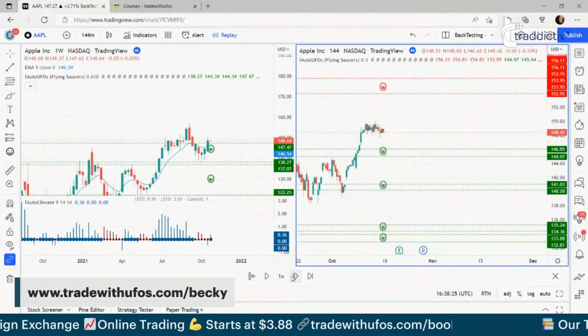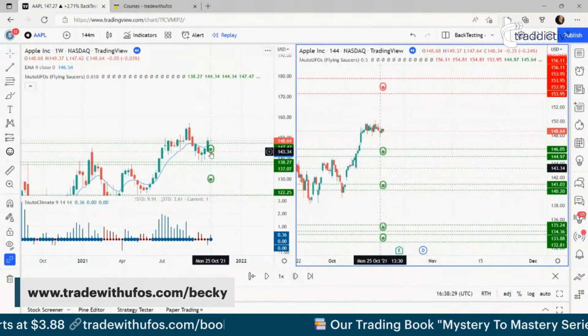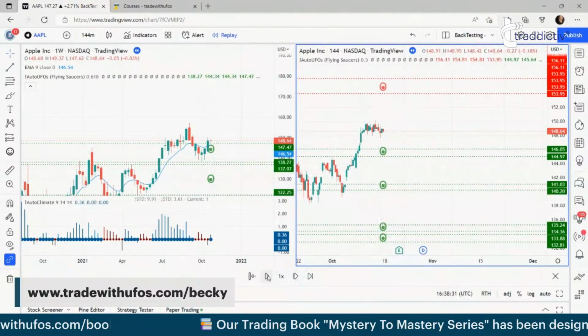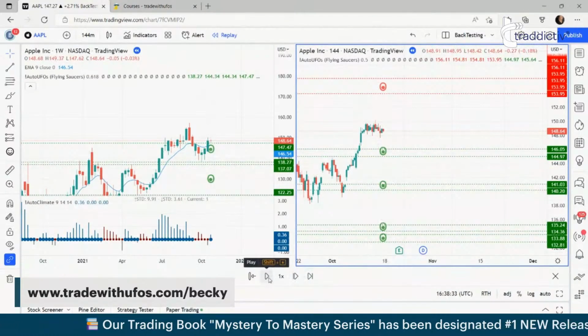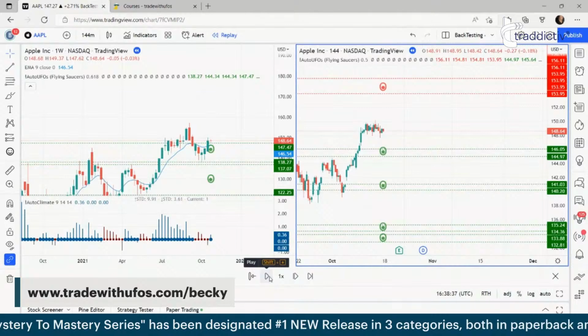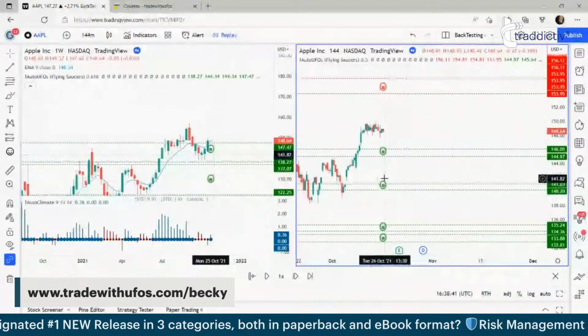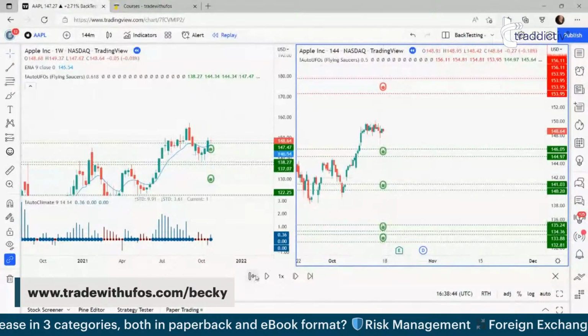So I can keep doing that, and I want to find Monday the 25th. So I'm here now. Or what I could have done, and I'll show you that in a second, is click this one and have it play out for me without me needing to click it through, and then pause it when it gets to the right time. But let's assume we're on this. So let's just go back.